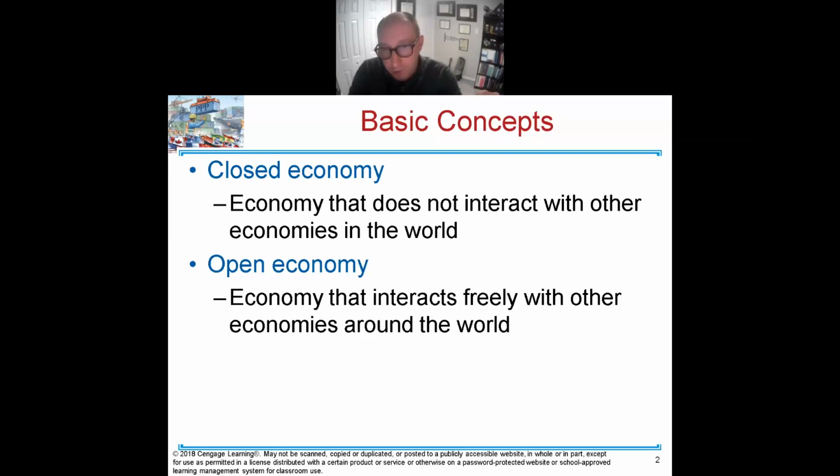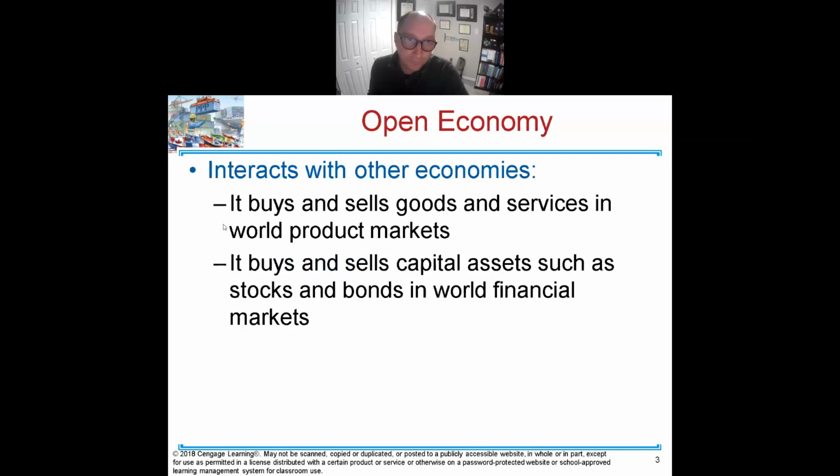A closed economy is one that does not interact with any other economy. An example of a closed economy would be North Korea. The North Korean economy stays only in North Korea. So whatever they produce in North Korea stays and is consumed in North Korea. That is an example of a closed economy. In an open economy,